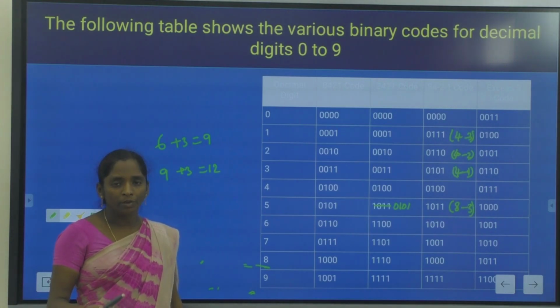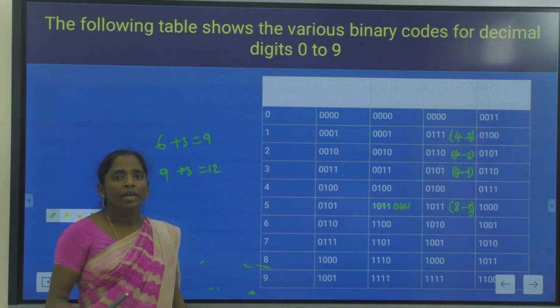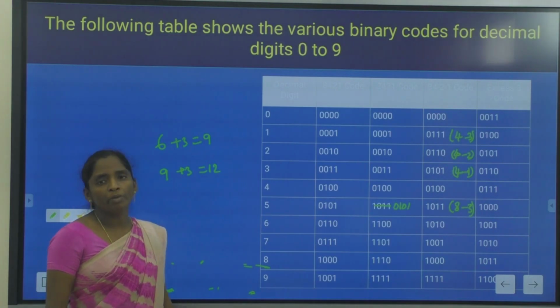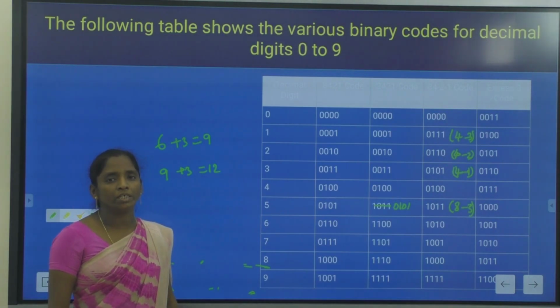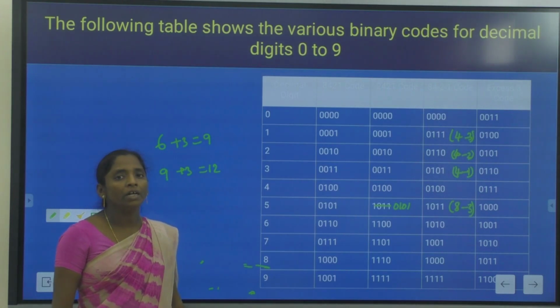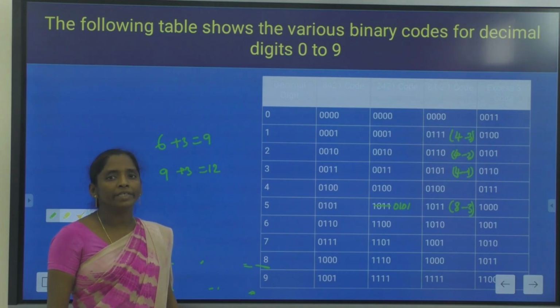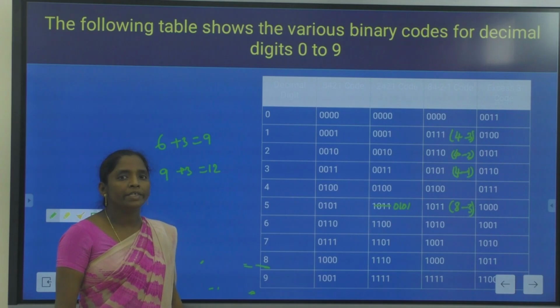So due to this, we are saying x3 code is a self-complementing code. Okay. So now do the problems on the x3 code. First, here we are going to see the first one is x3 addition. To perform the x3 addition on x3 numbers, we have to add two x3 numbers.